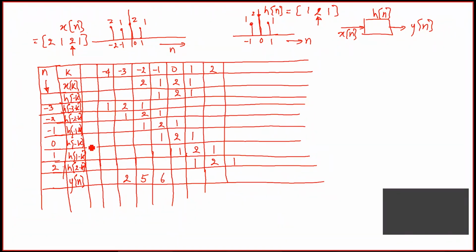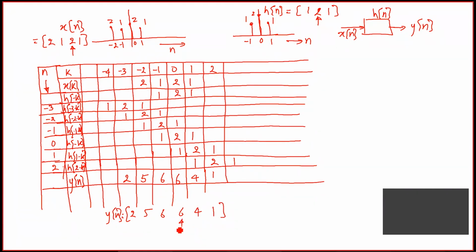Next, at n equal to 0, we have again 3 overlapping terms. This is 1, 4 and 1 makes it 6 again. Okay, so again here we have 2 overlapping terms. This is 2 plus 2 makes it 4, and the last one we have just 1 overlapping term. 1 into 1 makes it 1. So we can write y of n as being equal to 2, 5, 6, 6, 4, 1, and the